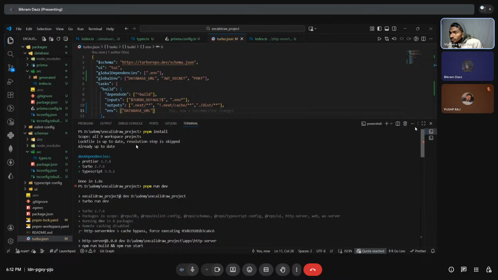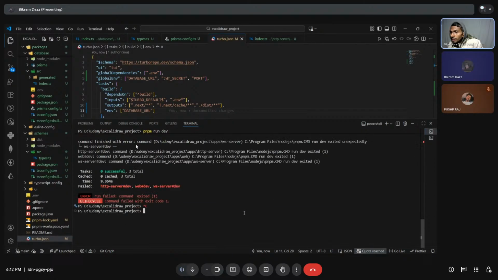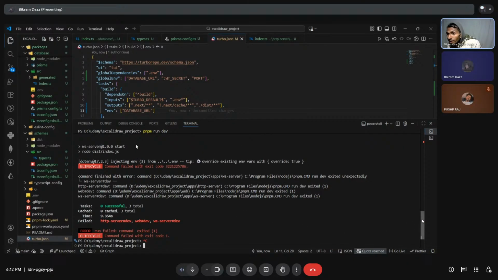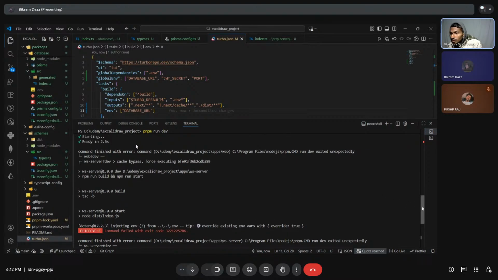Okay, just stop here wherever the error was. JWT secret missing in root. There's no JWT secret. That simply means you are not getting all the environment variables. In which particular file? Just a sec. Inside where is the file name? .env